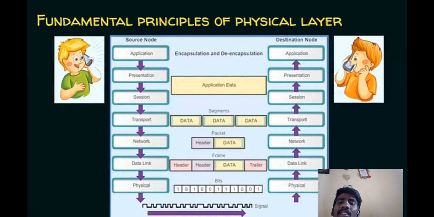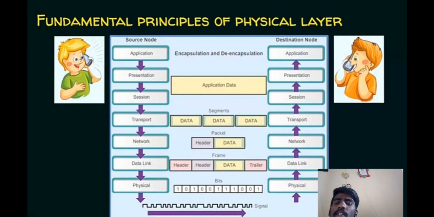Then at the data link layer it is converted into frames. Thereafter it adds the MAC address, and that is due to framing. So framing is nothing but adding the MAC address and logical address to the given data. Thereafter at layer 1, the physical layer, it converts those frames into bits, also known as zeros and ones. These bits are converted to signals, whether electromagnetic signals in case of wired media, or microwaves in case of wireless media.